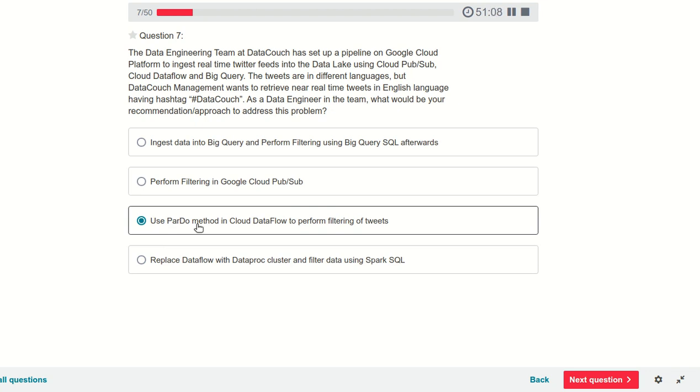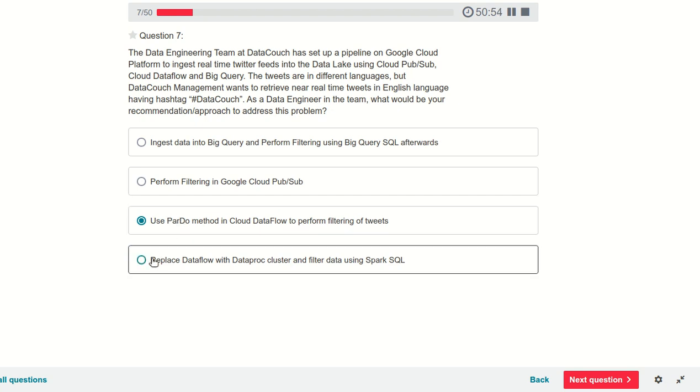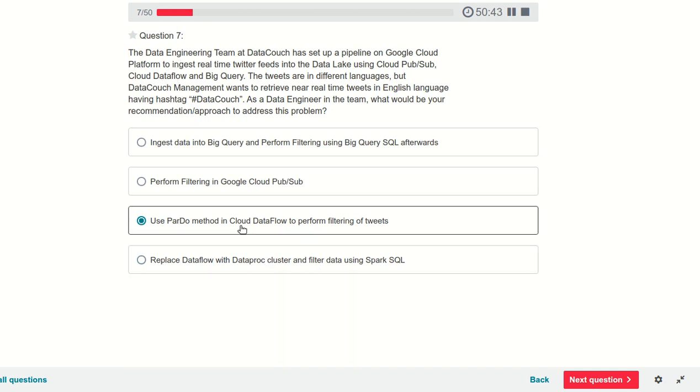It takes the input, applies some function on it, and generates the output. Whatever function we want, we can write our custom function and pass it into ParDo itself. So that looks okay. Replace Dataflow with Dataproc. That is totally wrong, because they say change the Dataflow service to Dataproc. No, that is wrong. So option C looks okay.